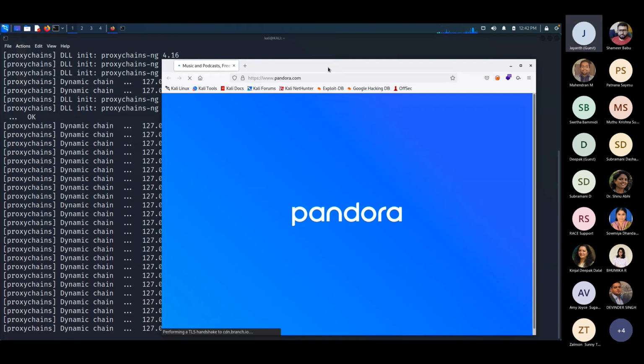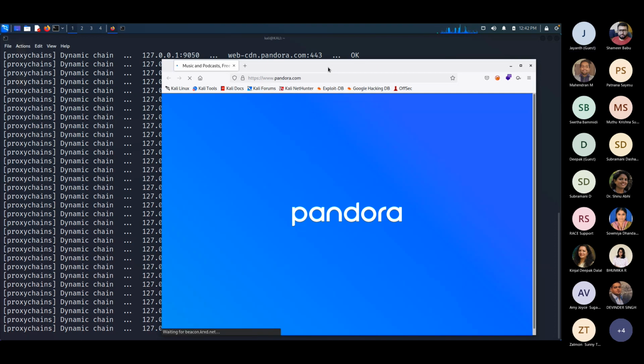Right? Until and unless your network administrator blocks all the Tor related communication, this is going to work. It can take some time. You must be very patient because this time the traffic is going through the tunnel towards the target device. And if someone tries to sniff the network traffic, what will they see? They will see that something is going towards that 9050 port,